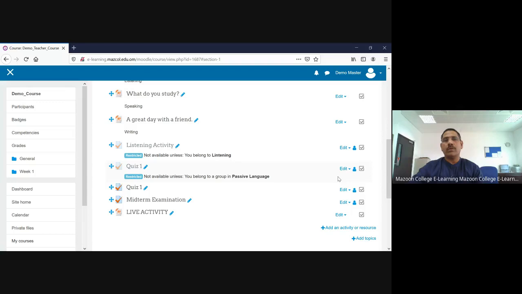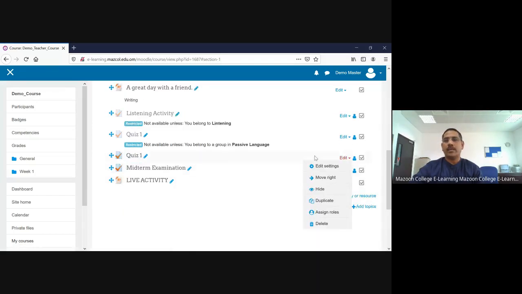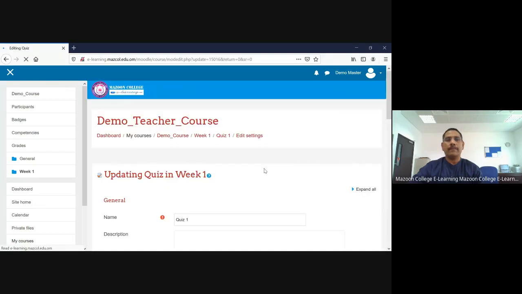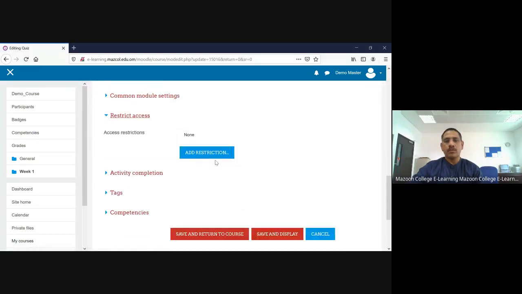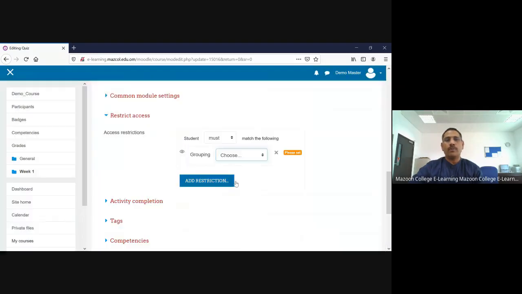Another option, a second way: going here, choose restrict access. Now go to grouping again, and choose that active language. This active language has two groups, speaking and writing.